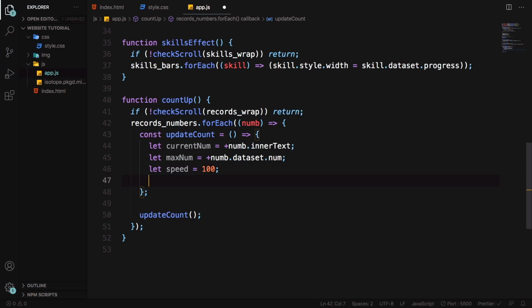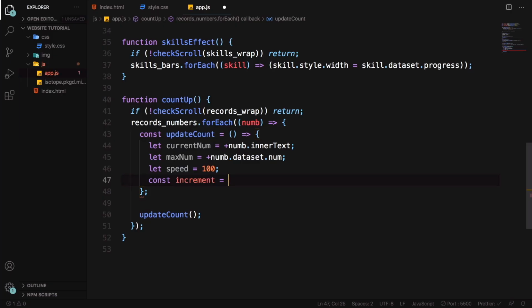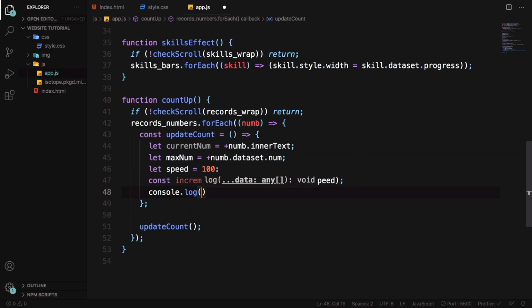So now after we have the speed value and the maximum number, we can go ahead and calculate that increment value. So we're going to create a constant named increment. Then we can just take the maximum number and divide it by whatever our speed is. Okay, now to make sure the result is going to be an integer, I'm going to put that inside a Math.ceil method, and it should now return an integer. Great. Now I can go ahead and console.log this,